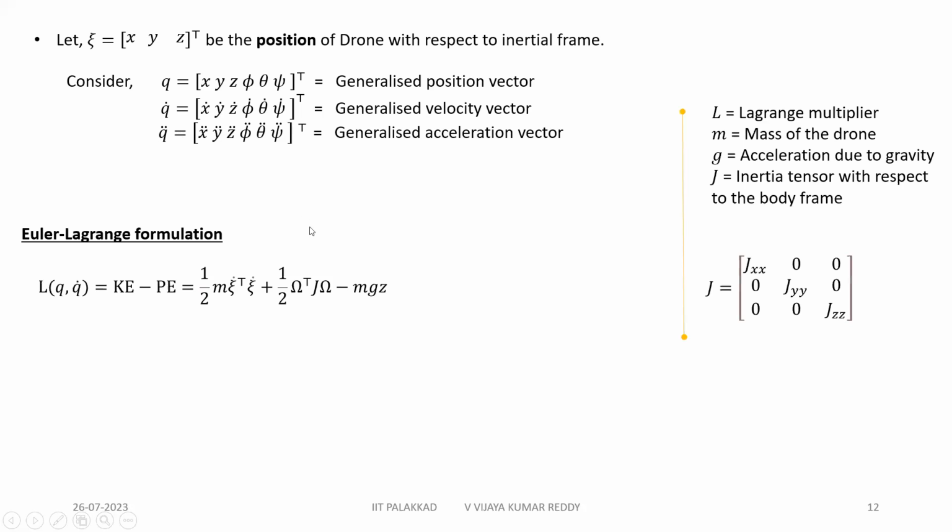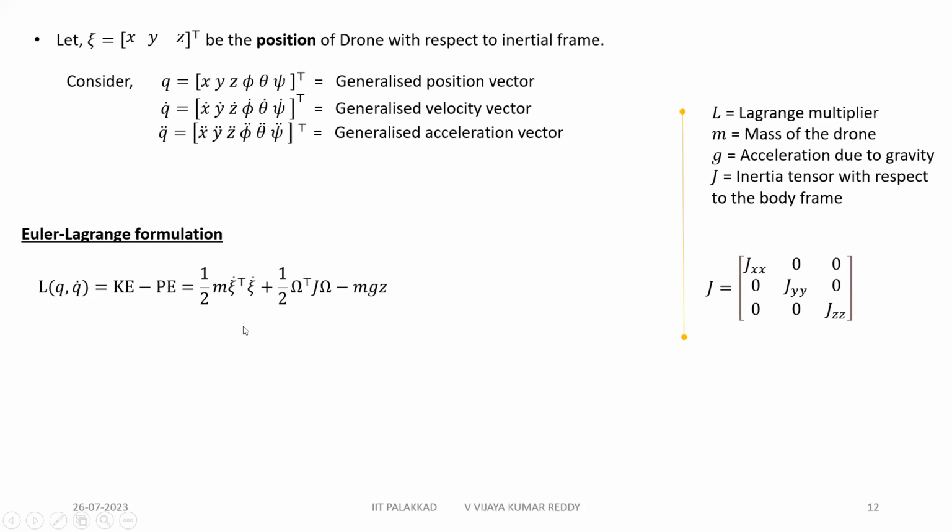So we'll use the Euler-Lagrange formulation for the further derivation of the dynamics of the quadcopter. What the Euler-Lagrange formulation tells us is that we have a Lagrangian, which is a function of q and q dot, positions and velocities. And that is equal to the kinetic energy developed in the drone minus the potential